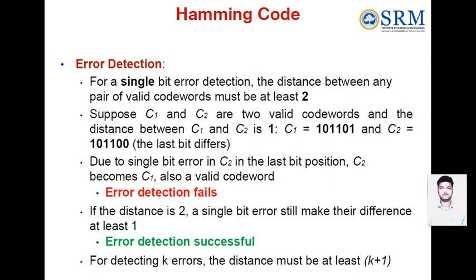and then the distance between itself and any valid keyword will be 1. It will never be the same as any of them. That's why error detection will be successful. Similarly, if we extend this concept for k number of bit errors, we see that the distance must be at least k plus 1. If k equals 1,